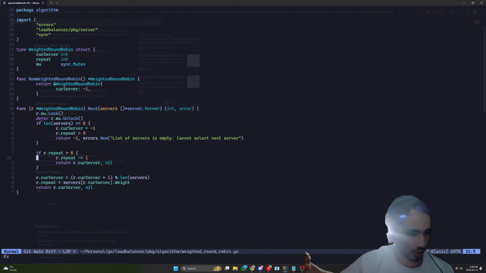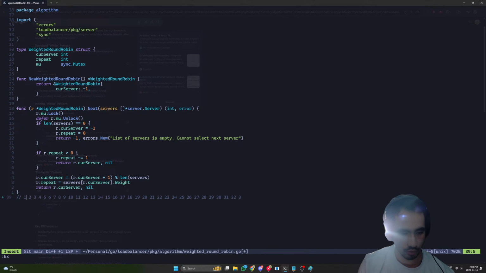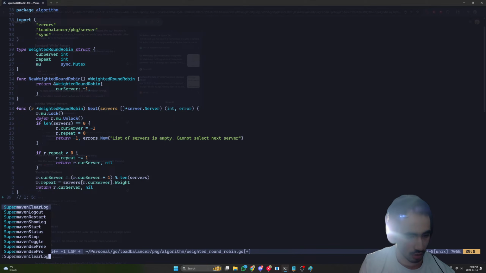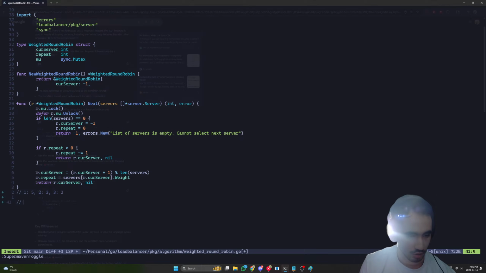So for an example here, like I mentioned, let me just turn off my Super Maven. Okay. So let's say our server 1 has a weight of 5, our server 2 has a weight of 3, our server 3 has a weight of 2. So the first time it checks, we have those 3 servers. The first time you call next